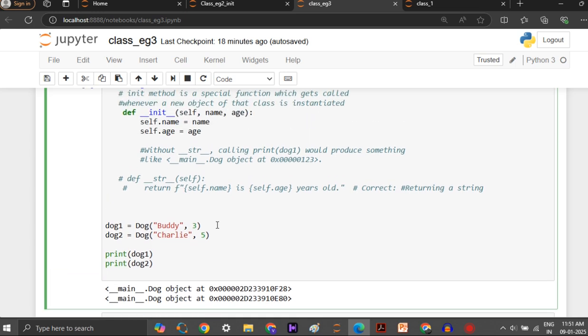But I don't want that. I want to print the values of the object in a proper format. So then you have to go for the str method. So what is the str method? You write def, you're going to define a function. So write def __str__, and self should be the argument for this function. Return